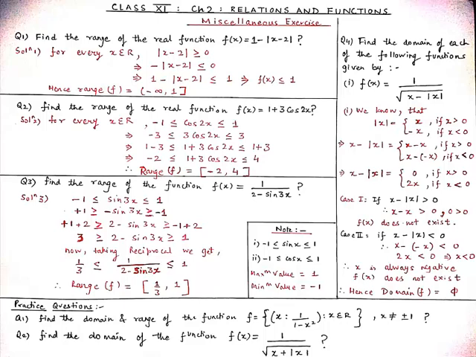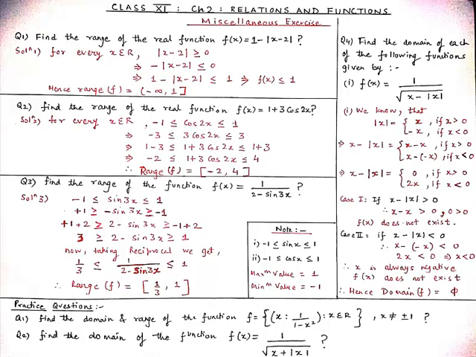For x greater than 0, the denominator is x - |x|, and we know that for x greater than 0, the modulus function |x| will be equal to x. Therefore from here we get x - x greater than 0, or we can say 0 is greater than 0, which is absurd. So the function f(x) is not defined for any x belonging to the real numbers.